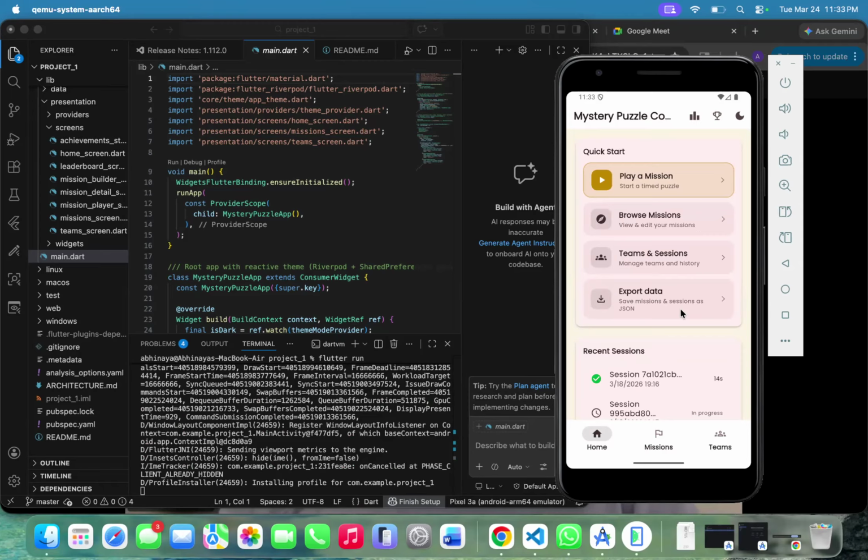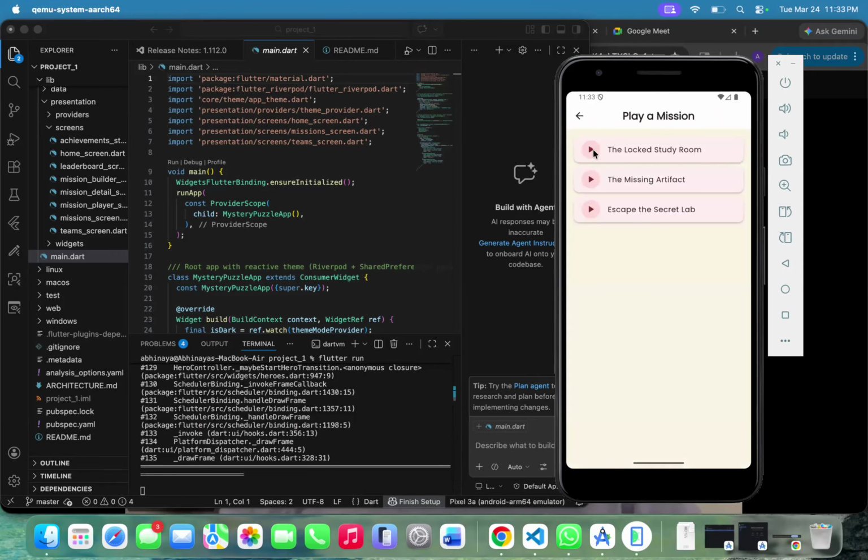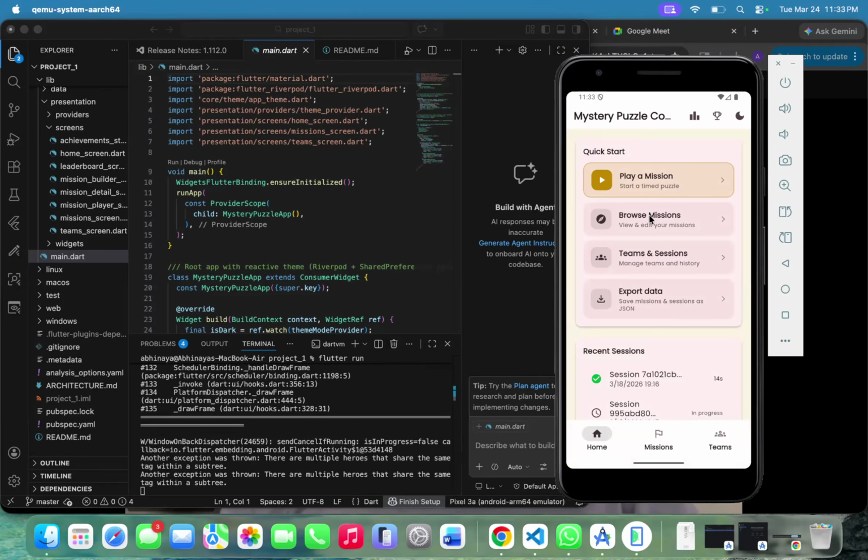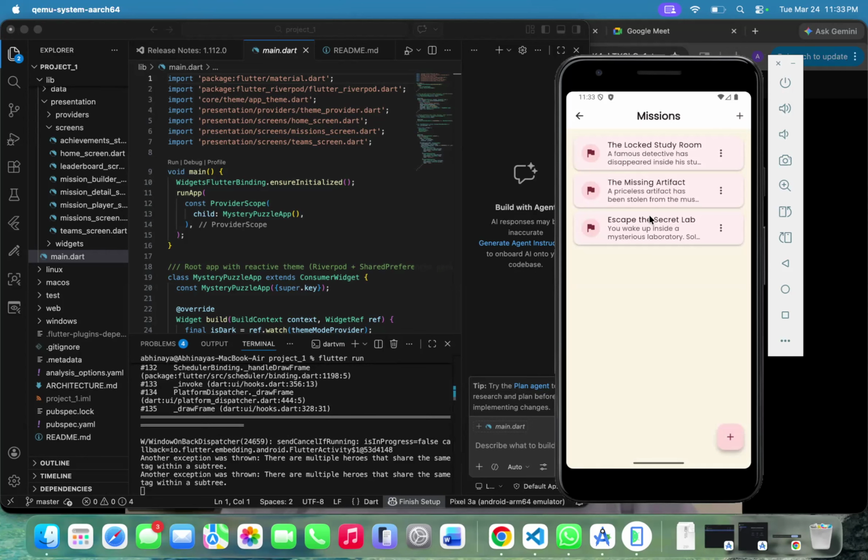So if you can see here, this is the home screen, which acts as the dashboard. Then if you go to the missions, this is where you can play a mission, and we have different kinds of missions. And coming to the browse missions, the users can explore different puzzle missions, and each mission